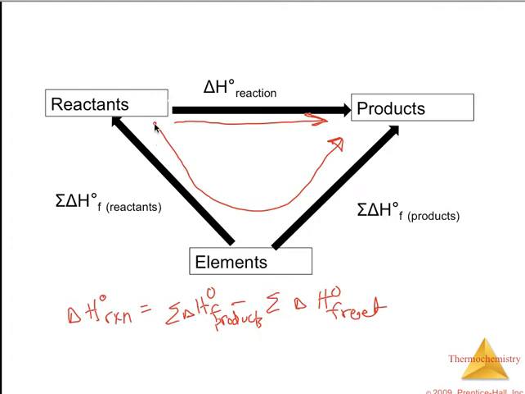The direction you're going matters: if the arrow is going the other way, it would be a negative. But it still works the same as we looked at those energy diagrams. I find the energy diagrams easier to follow, probably just because I'm used to it. So we'll take another look at this when we're done talking about